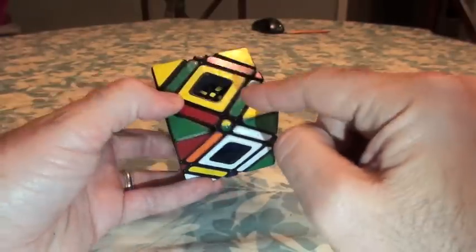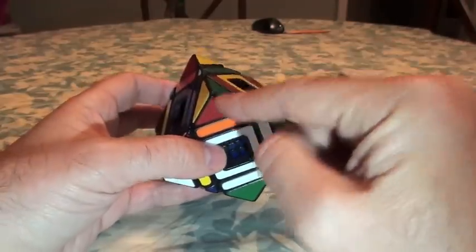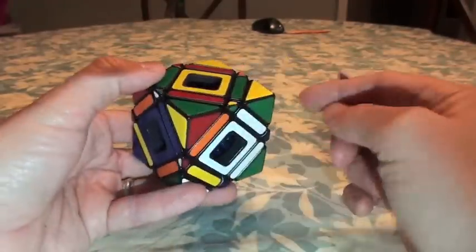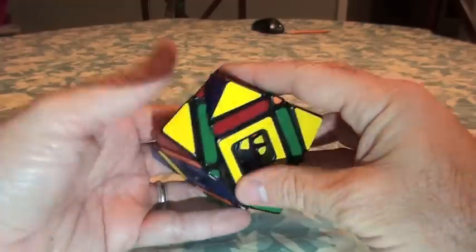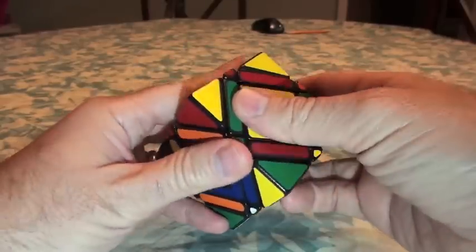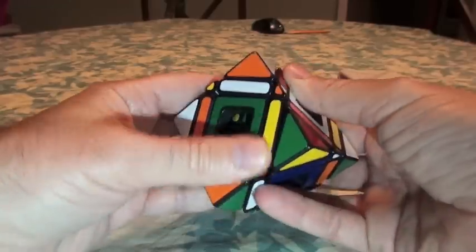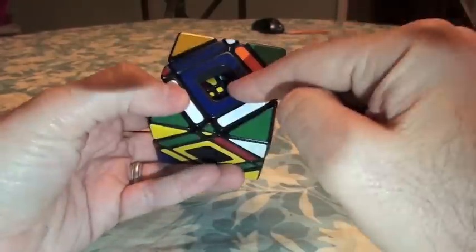So here's green, here's a yellow, but that's an orange, and that's going to go here. Green, yellow, and red goes over here. So normally what I would do is I'd simply move it up like so. Now there's a way of twisting this correctly. All I have to do is move it like so, and then move it up, and it's in. But I've messed up